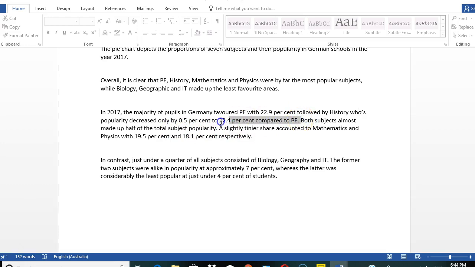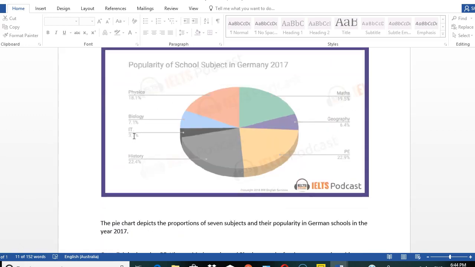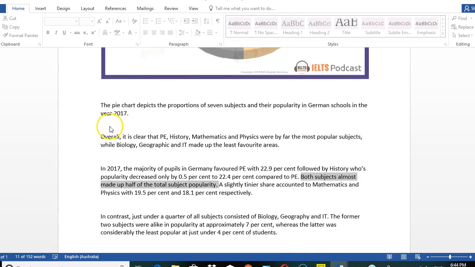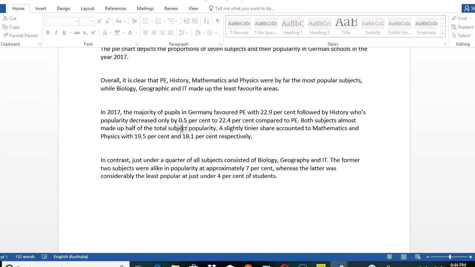Okay, this sentence is a bit ambiguous. So both subjects made up half of the, were actually half in comparison to the entire popularity of all the subjects, right? You might want to be a bit clearer in the sentence. A slightly tinier share, very nice wording, accounted to mathematics and physics with this many percent and this many percent